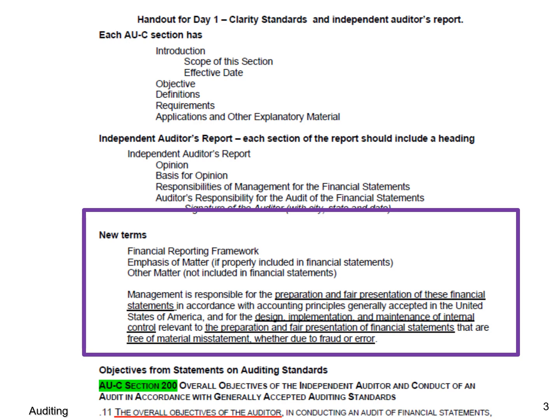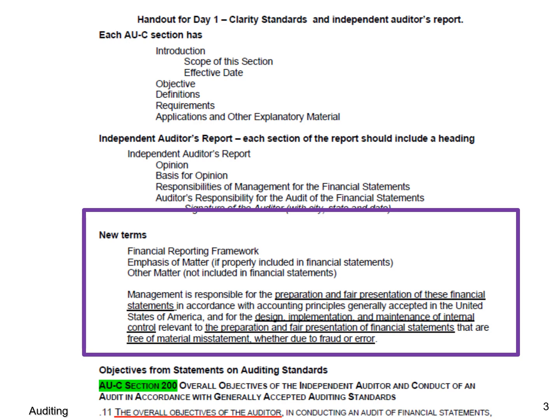The second thing, the reason I point this out is there's some minor wording changes. And sometimes on the CPA exam, they'll emphasize things that had minor wording changes to see if you've seen the difference. So it used to say management is responsible for the fair presentation of financial statements. Now it says management's responsible for the preparation and fair presentation.